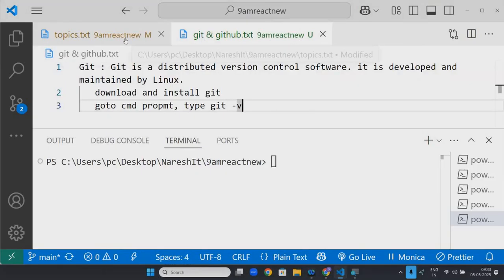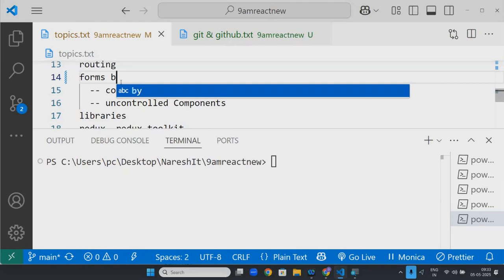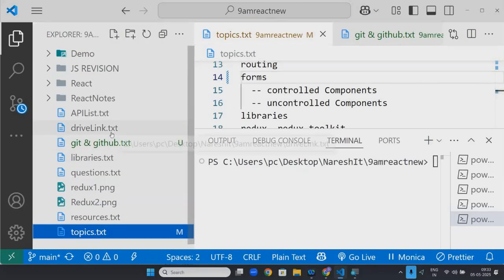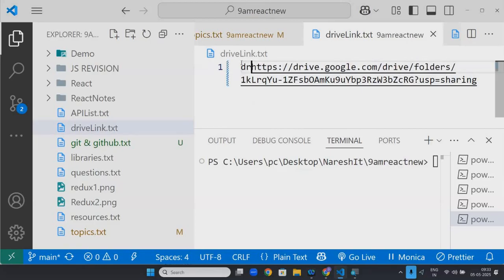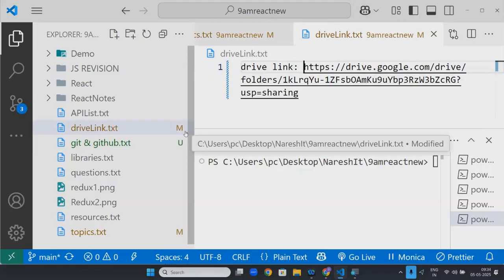For example, see here, everyone. I am doing something here. When I change something here, automatically Git will get it. Take this code, everyone. Take this drive link. Here I am adding something, a drive link. When I added this drive link, can you see here M came?